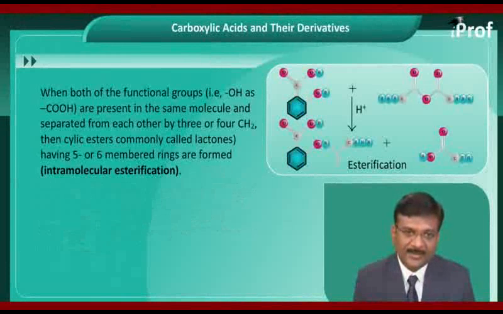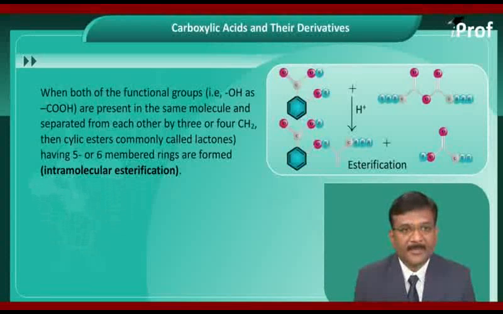When both of the functional groups, that is the hydroxyl group, the OH group, and the carboxyl group, the COOH group, are present in the same molecule and separated from each other by 3 or 4 CH2 groups, then cyclic esters, which are commonly called lactones, having 5 or 6 membered rings are formed. This is called intramolecular esterification. One example of intramolecular esterification is the conversion of